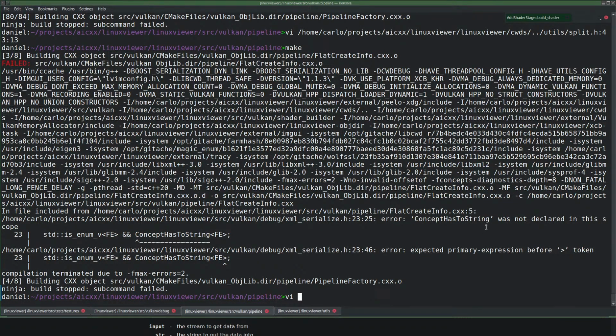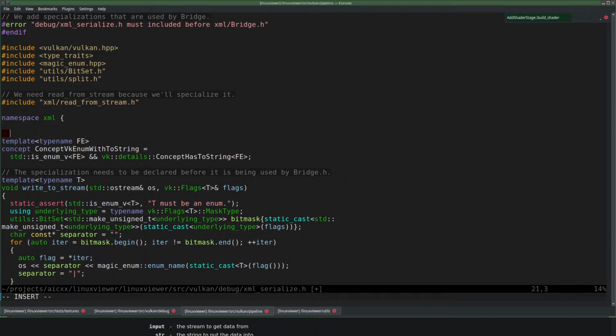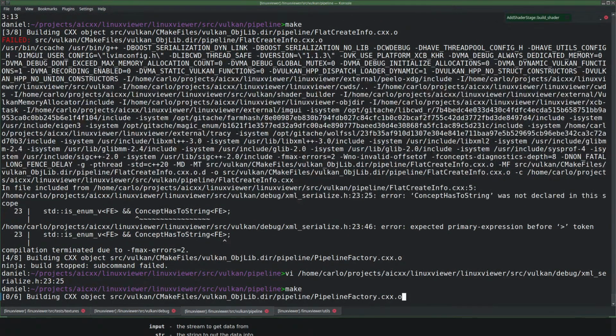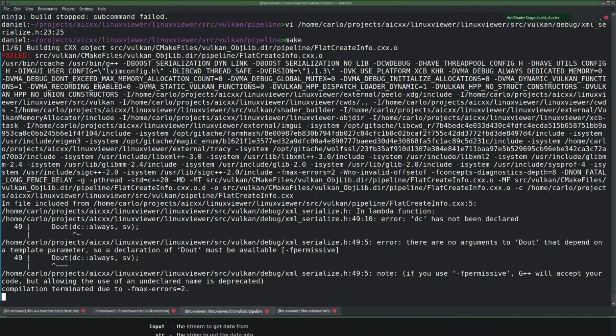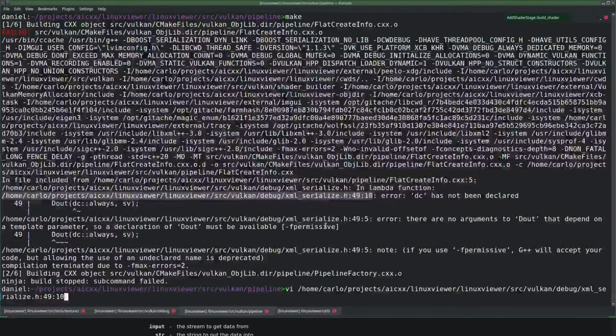Concept has to. String was not declared in this scope. That's correct, and I'm not using it and probably not going to use it, but you never know, right? I'll just put it in, comment it out for now. DC has not been declared.